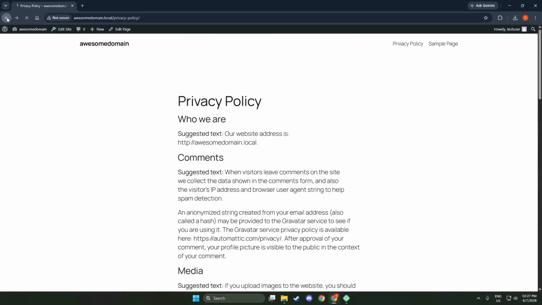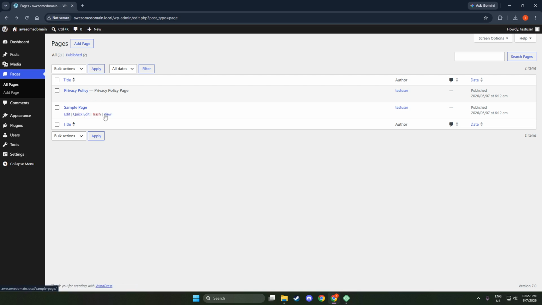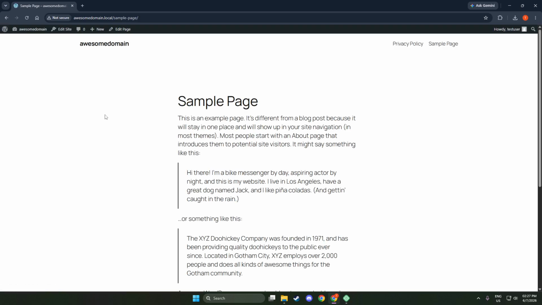This method is especially useful because it is safe, simple, and does not require editing code. If you still have access to the WordPress admin panel, deactivating all plugins through installed plugins is one of the best first steps to take when dealing with a WordPress white screen of death. That's it for this part of the fix.